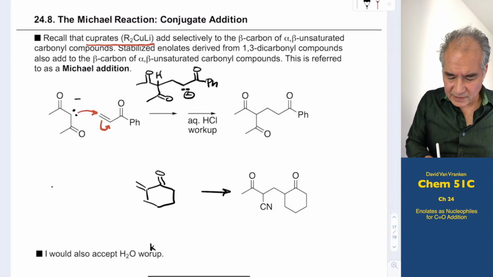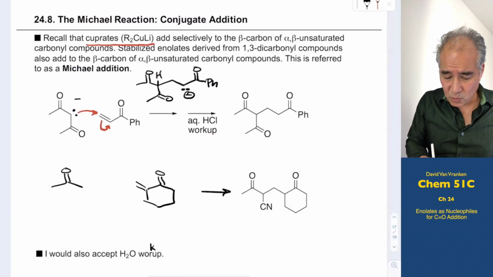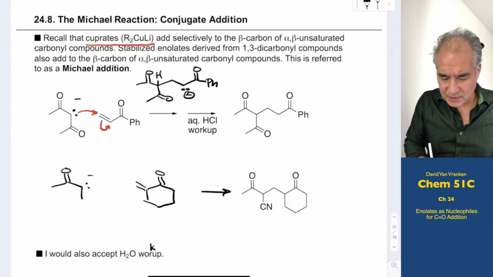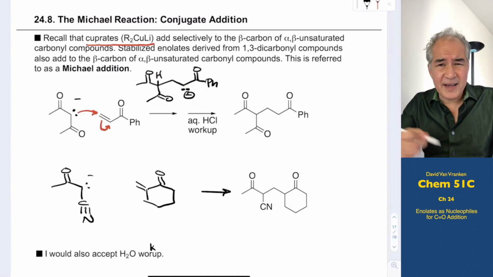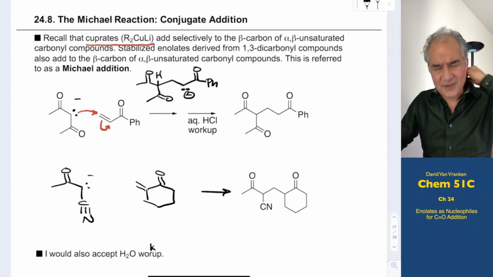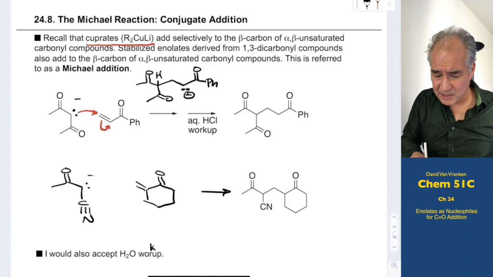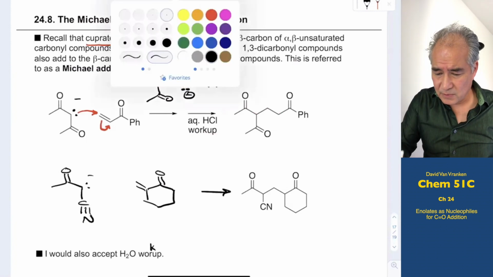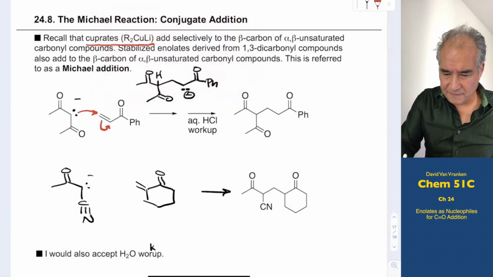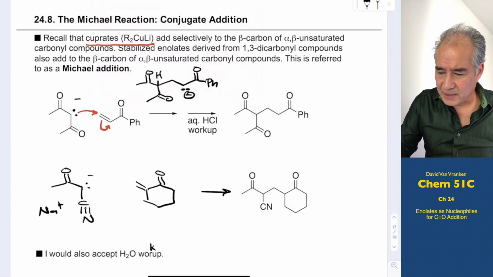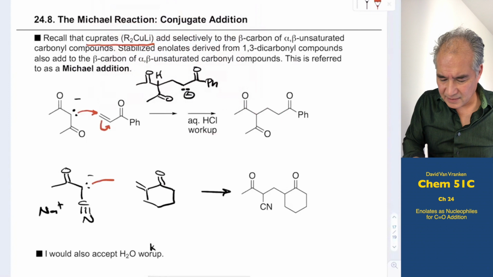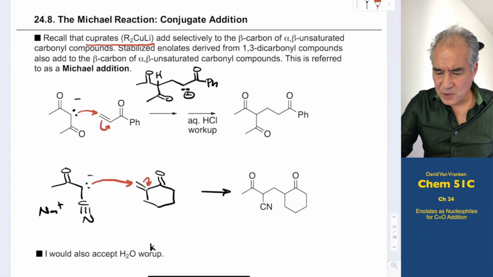And then I would need some sort of a stabilized enolate where it's not just one carbonyl here, but also another stabilizing group. In this case, it's a cyano group that's the second stabilizing group. Cyano groups stabilize carbanions about the same as an ester carbonyl. So you get about the same stability. So these two starting materials would, if you had the sodium salt or potassium salt, doesn't matter, easily do that same type of process where you add here, push the electrons down, and then you work that reaction up